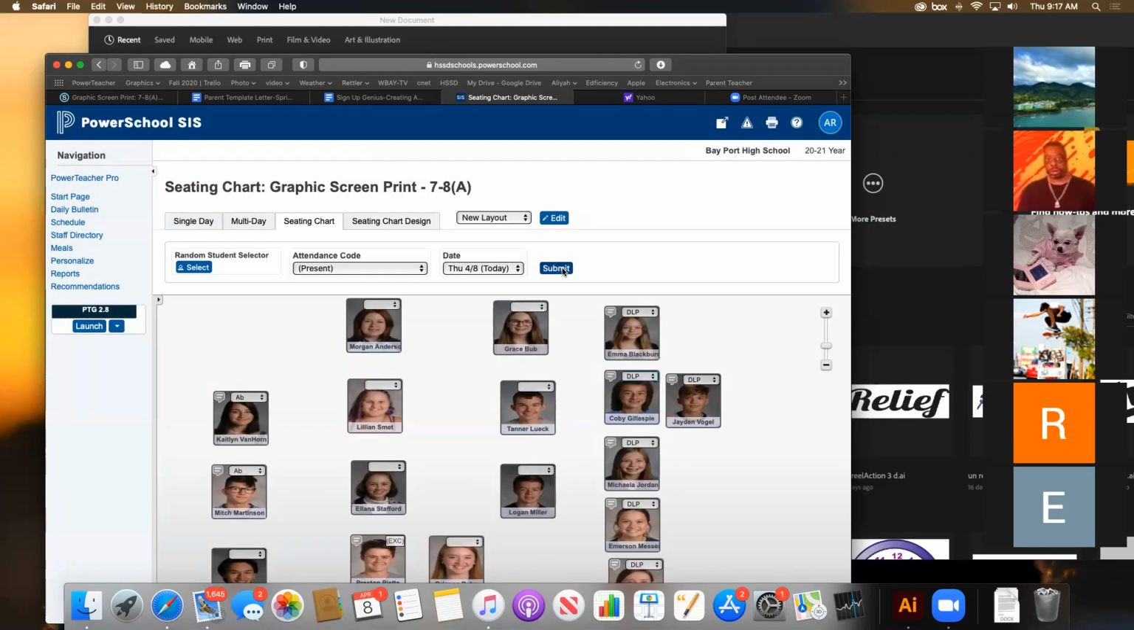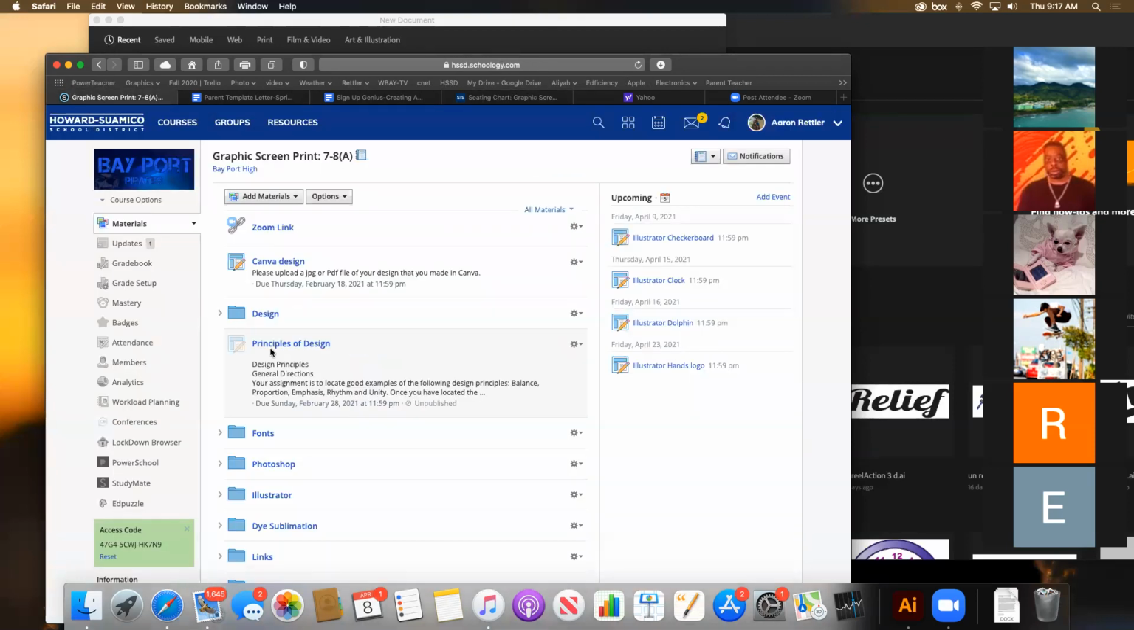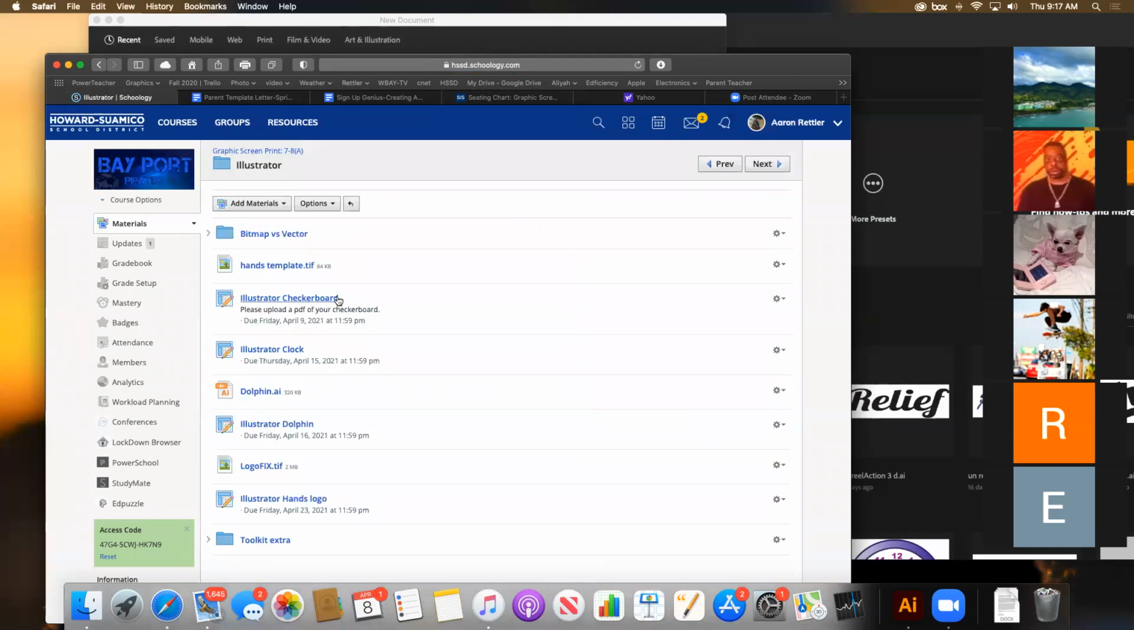Do you have Illustrator on your computer? Do you have Adobe Illustrator installed on your computer? Yeah. Awesome, cool. All right, so we're ready to go. In Illustrator, you are going to find the hands template.tif. It's in the Illustrator folder. So we're working with Illustrator, so you're gonna find the hands